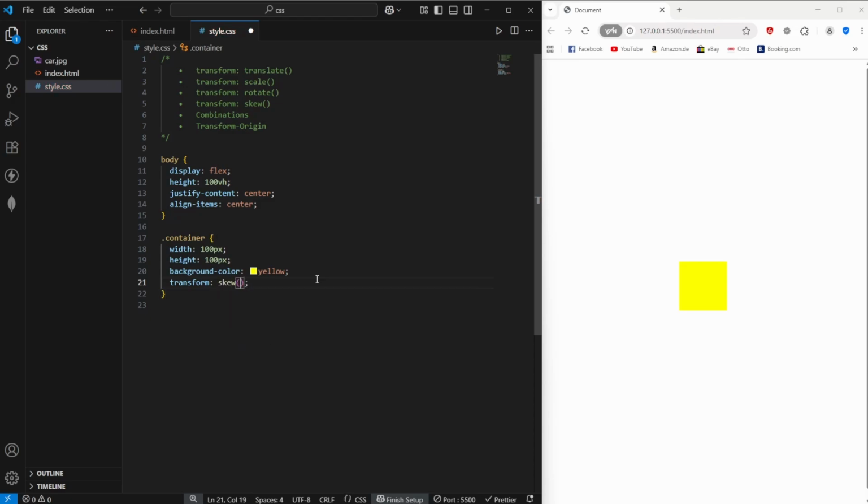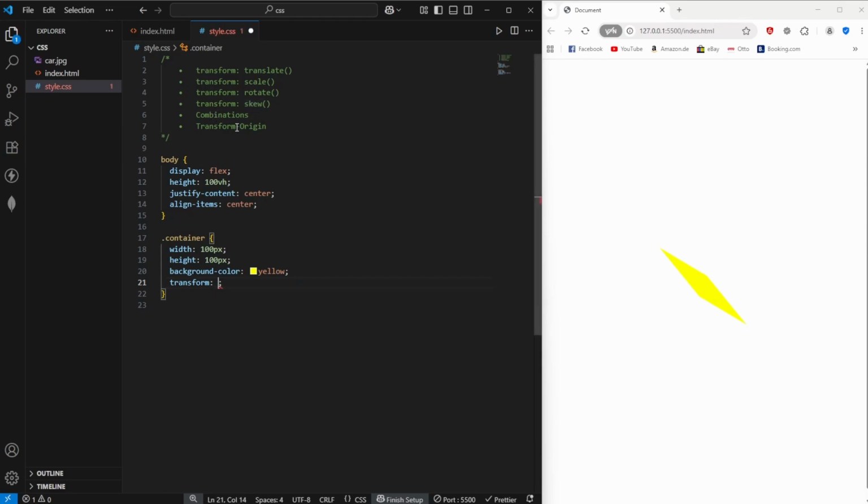Next option is skew. So we can basically tilt our content, if you want to say so, by using skew, and we can again use degrees for that option. So we can, for example, say, let's skew our content along the x-axis by 45 degrees. And as you can see, we skewed our content along the x-axis by 45 degrees. So obviously the same works for the y-axis again. And now our content is skewed along the y-axis. So the shorthand property is basically skew, where you can define a value for x, 40 degrees for example, and a value for y, 30 degrees for example. And as you can see, now our element is basically skewed. But that is something I've rarely ever seen, so most people don't use skew,